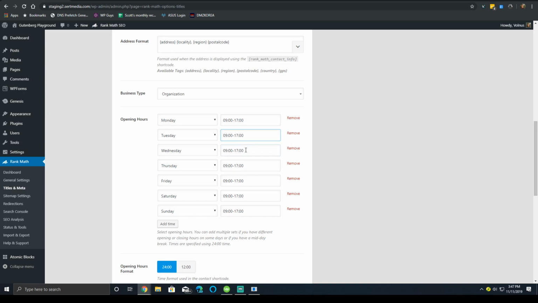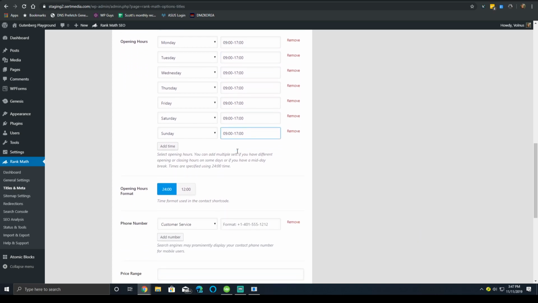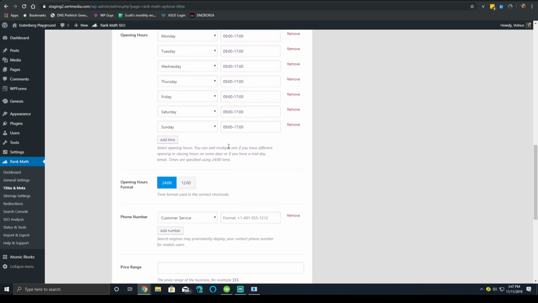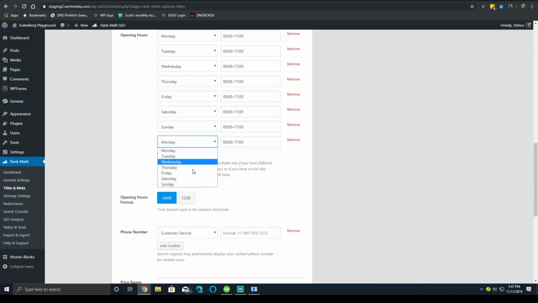Then you want to make sure you add your opening hours. The one thing that you can't do on here is set custom hours, for instance, on a holiday. So if you were not open, and today was Veterans Day at the time of this recording, then you would not be able to add that in here. You can add time, but it's only going to be for